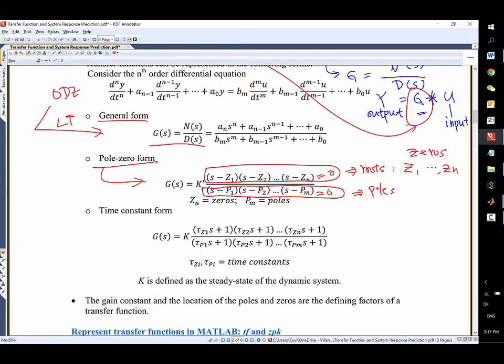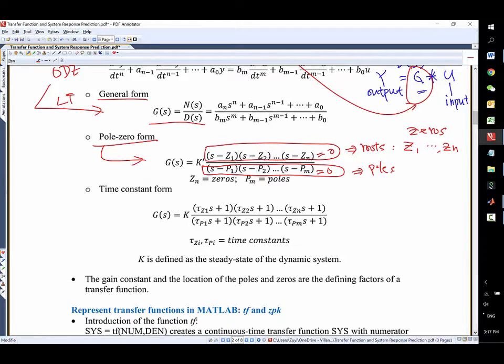Okay, this is zeros. So we can represent the transfer function using this format. Another format we call time constant. Here's tau z, tau p, the time constant. The time constant is important, right? Because it could predict